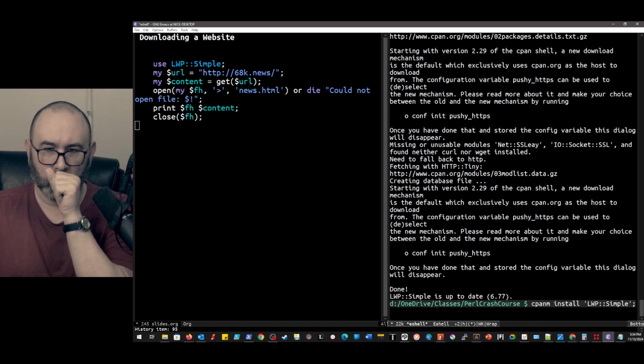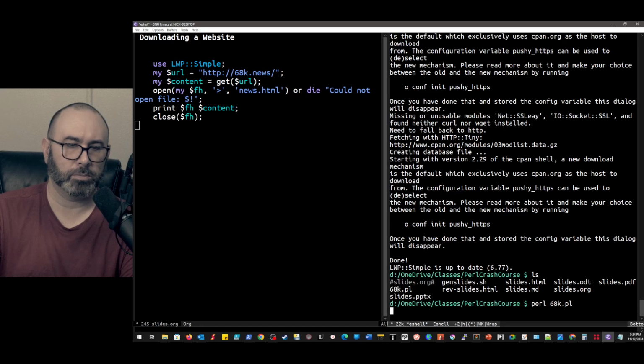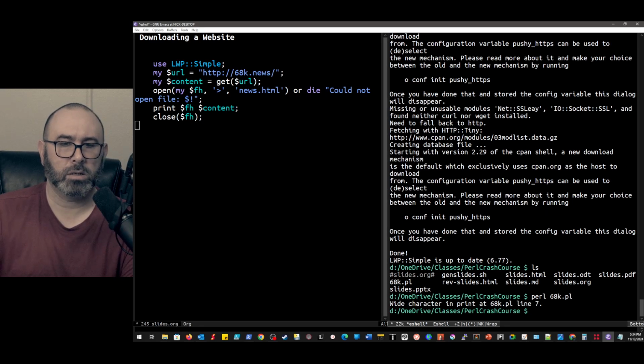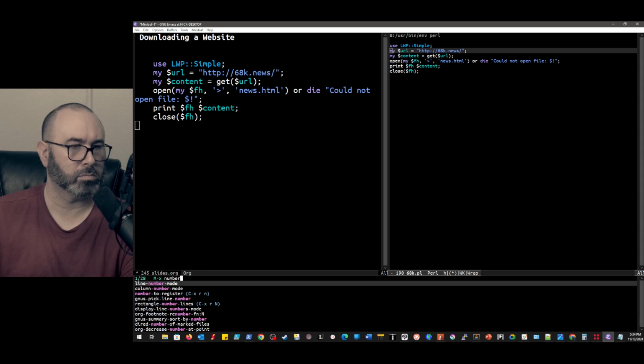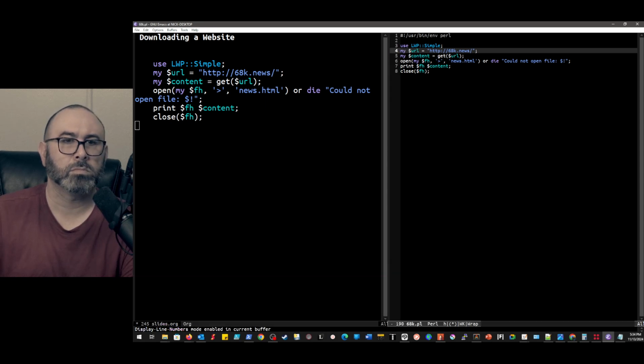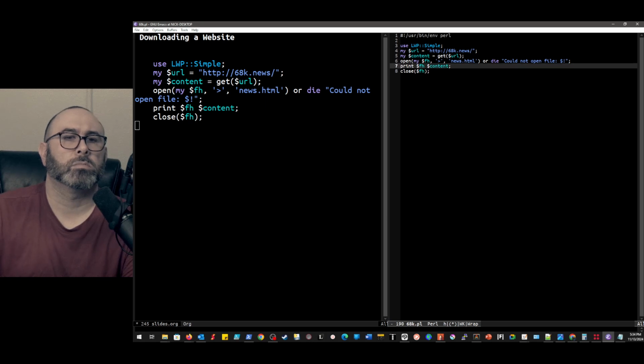Okay, so it took a second. So we can now do an ls. We do perl 68k.pl, and it didn't like that in line 7. I think that should do it.